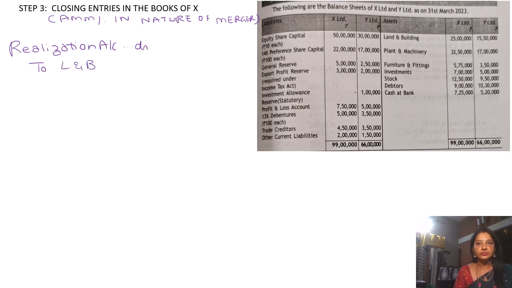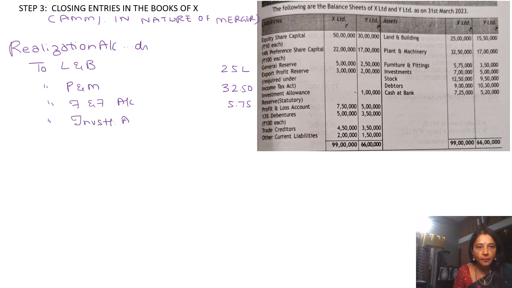Land and buildings 25 lakhs, to land and buildings 25 lakhs, to plant and machinery 32 lakhs 50,000, to furniture and fixtures account 5 lakhs 75,000, then to investments account, investment is 7 lakhs, then to stock account, amount is 12 lakhs 50,000, then to debtors account,